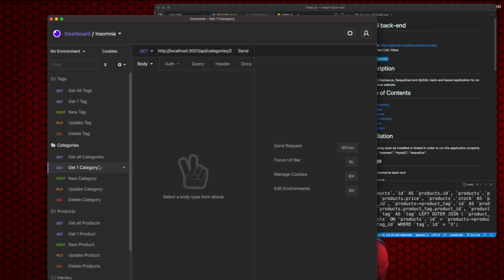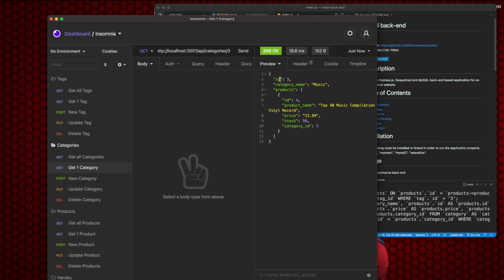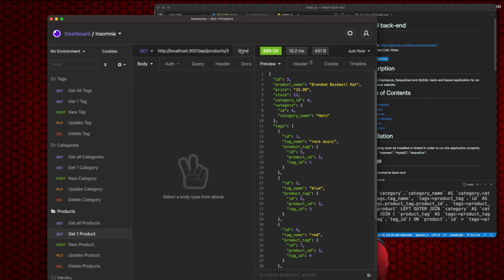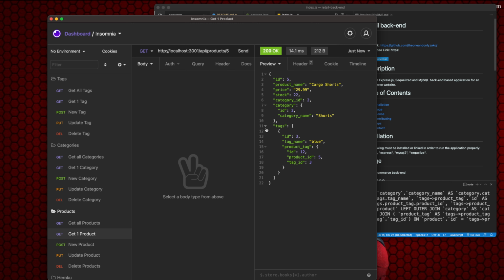We'll now get a single category, and let's pull up 3 as well. We'll see here that our category 3 is music. Then we'll pull up our get one product, and we'll pull up 3 as well. The third product that we have is that baseball hat that we looked at. And we'll again jump around and use another number just to see that it actually is working. All right, so that's all of our get